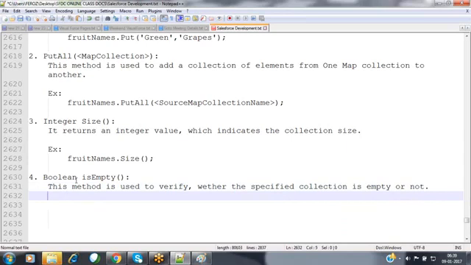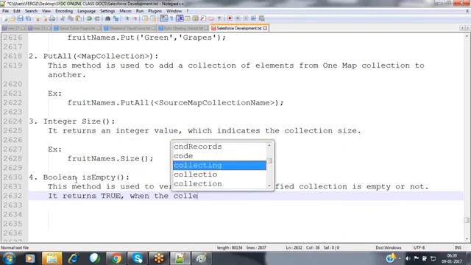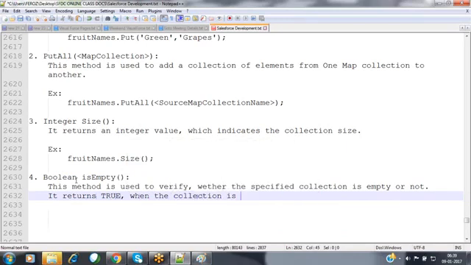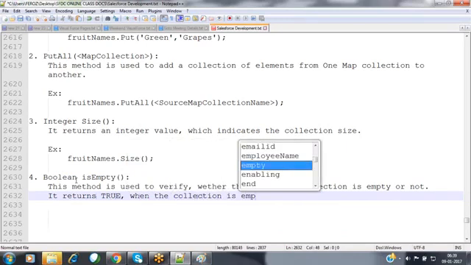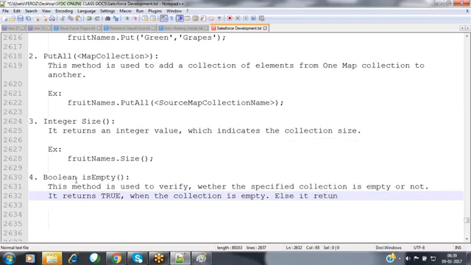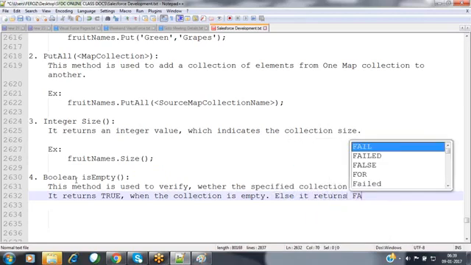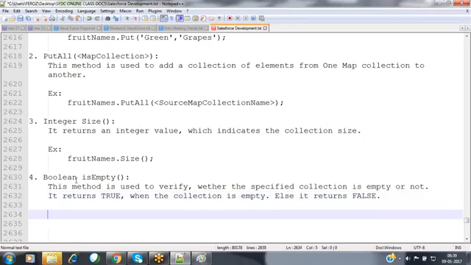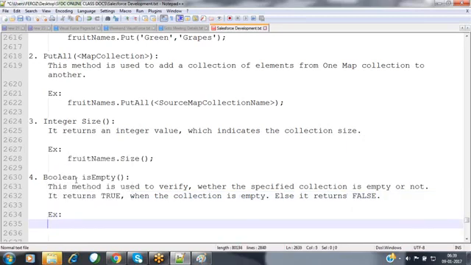If it is empty, it returns true when the collection is empty. Else, it returns false. For that, we use fruit names dot isEmpty.